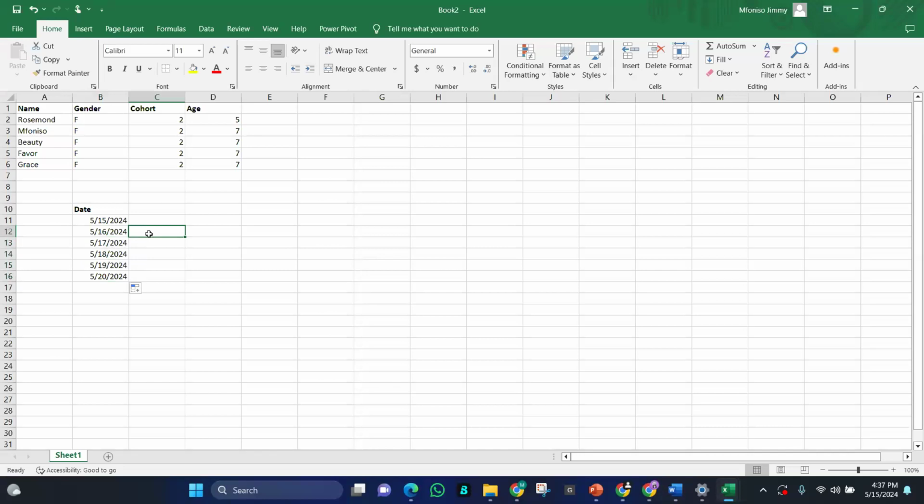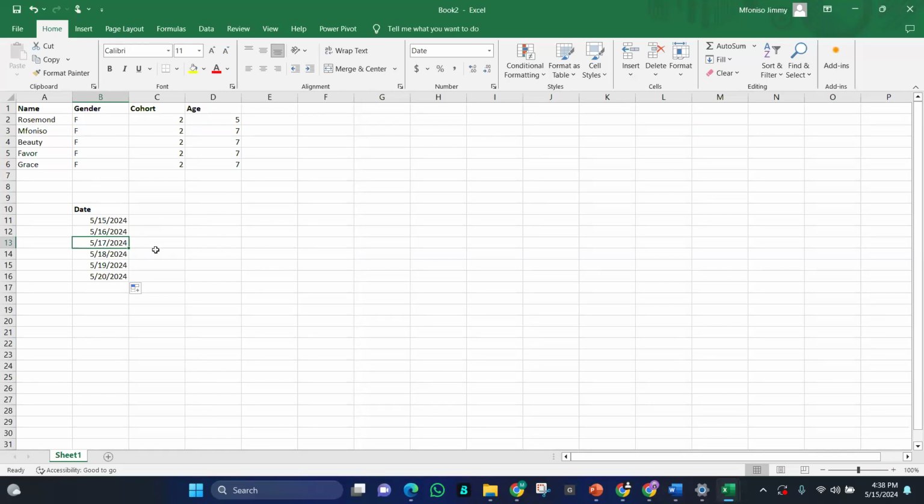Did you notice anything? Yes, the first one I did not follow the date format in Excel. I did the Nigerian date format, which is the day, the month, and the year. But in Excel, it is the month, the day, and the year. So because of that, the only thing it could change for me was the year, because it saw a consistency in my month and my day. So Excel thought I needed to change my year.